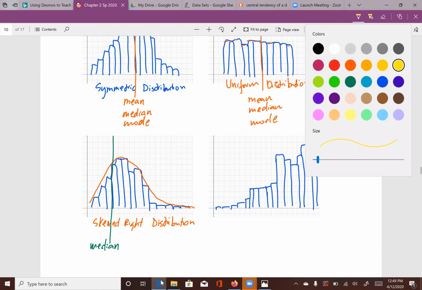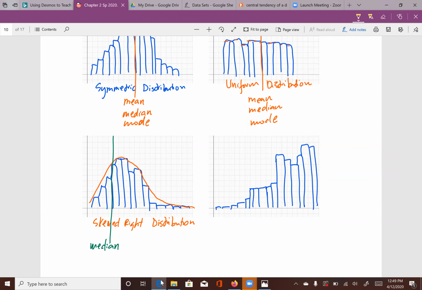The mean will be greater than the median. All right, versus if you have a skew left distribution like this,